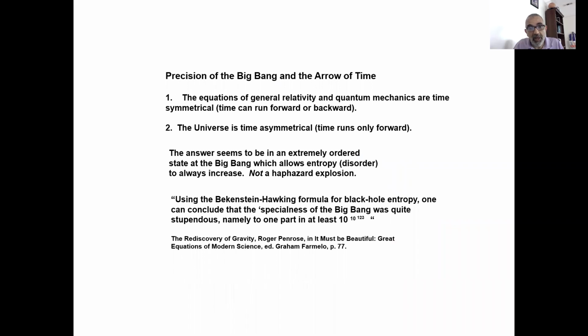The last thing we talked about when we were talking about the precision of the initial conditions of the Big Bang was the amazing number that Roger Penrose, Nobel laureate in physics, had calculated regarding the extremely low entropy that the Big Bang must have had for our universe to be capable of supporting life and to be what it is. And basically, we were talking about two different definitions of entropy that are both closely related.